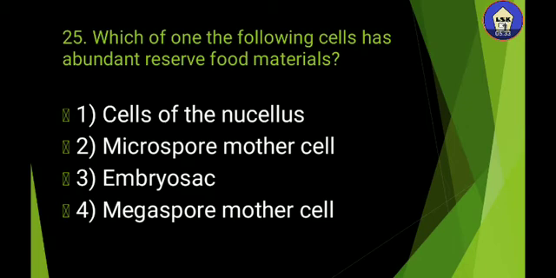Megaspore mother cell, nothing but nucellus cells that consist reserve food material. Embryo sac does not contain reserve food material. Microspore mother cell means pollen mother cell, that also consists reserve food material, but that is mainly responsible for the production of microspores. Megaspore mother cell, of course, that is one of the nucellus cell, and the major function is